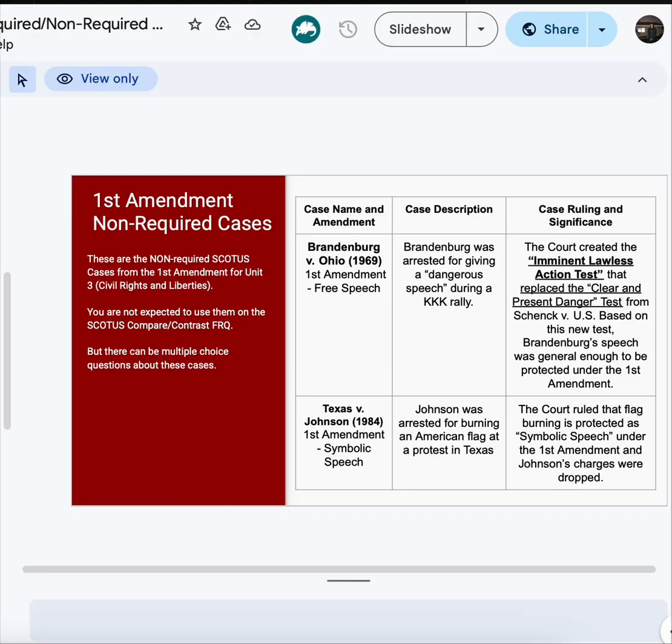It also reinforced protections for political protest. It strengthened the concept of symbolic speech rights, and it limited the government's power to regulate expressive conduct. The next one we're going to do is